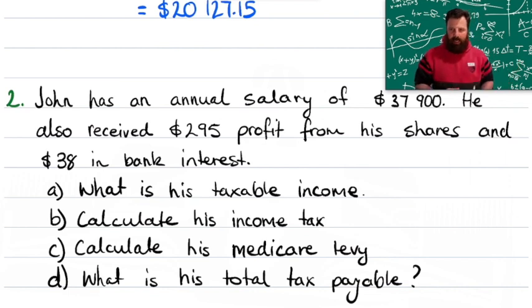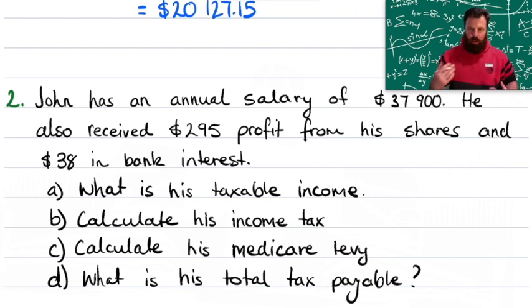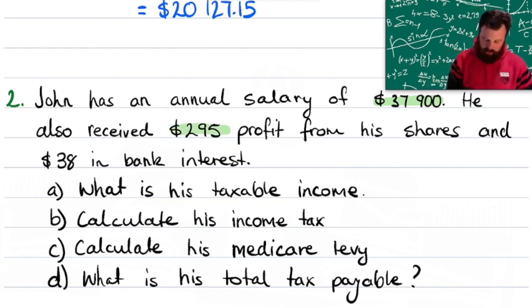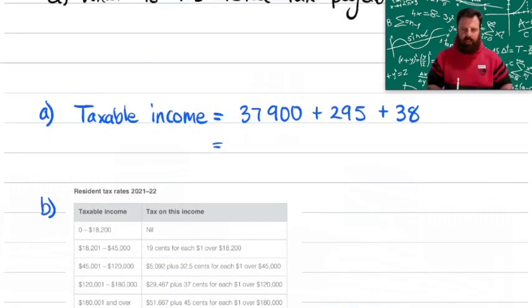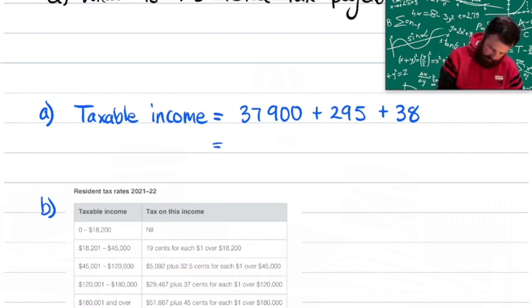Part A asks, what is John's taxable income? Going back through the question, he has income of $37,900, plus $295 from his shares and $38 from his bank account. So we need to combine all of them for his taxable income. Adding those three values together, John's taxable income is